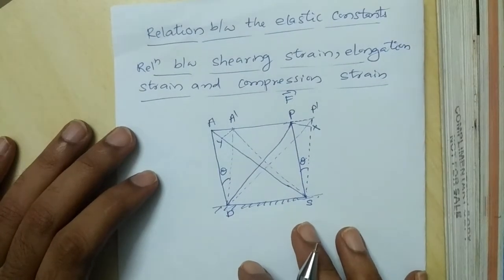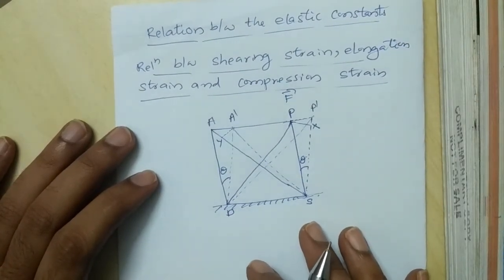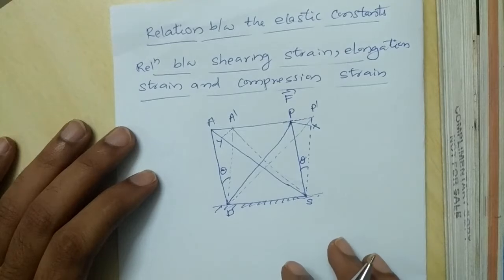Dear students, in this presentation, I am going to discuss the relationship between the elastic constants. So the first one is the relationship between shearing strain, elongation strain, and compression strain. So let us consider a cube